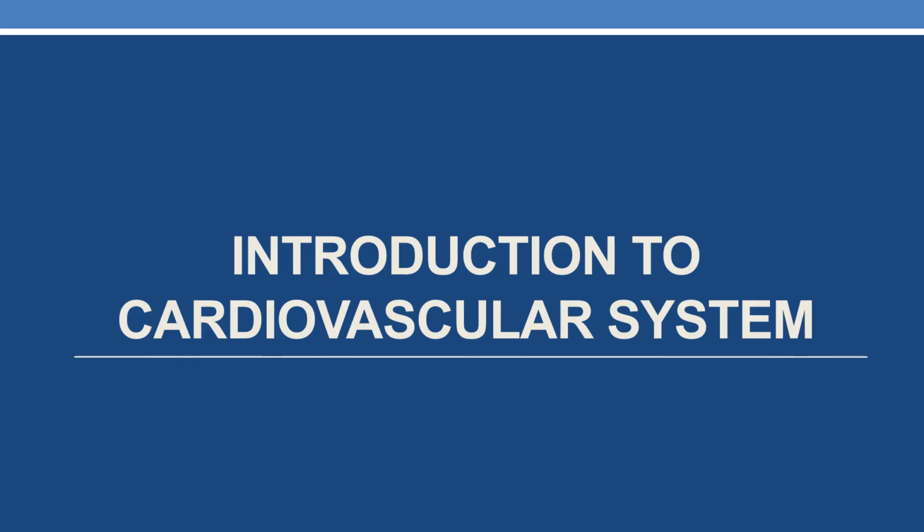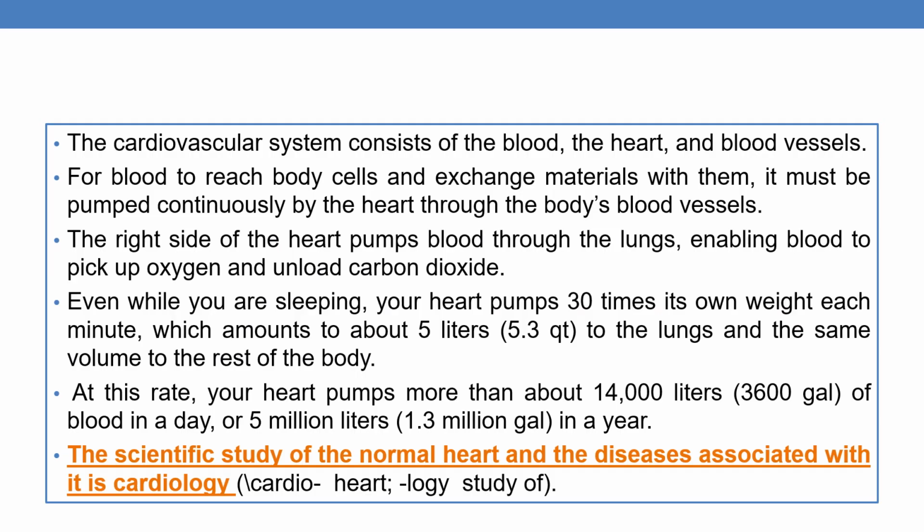Now coming to the introduction of the cardiovascular system. The cardiovascular system consists of blood, the heart and the blood vessels. In simple terms, it is composed of the heart and blood vessels. For blood to reach each body cell and exchange materials with them, it must be pumped continuously by the heart through the body's blood